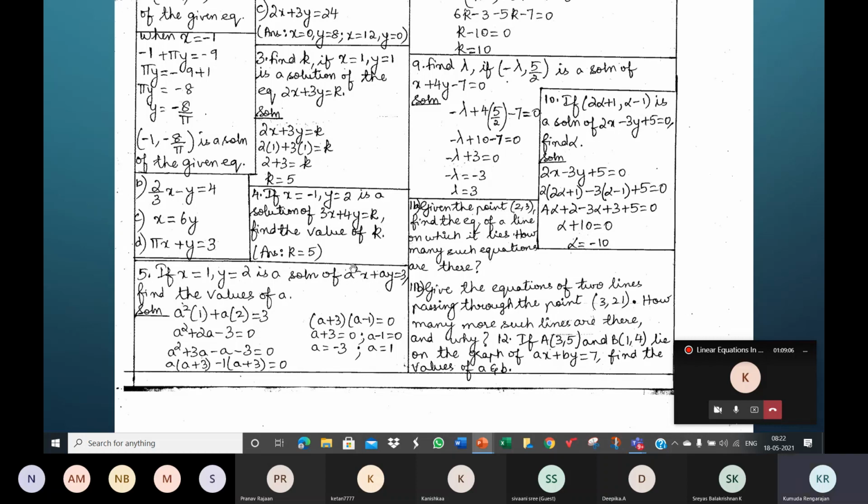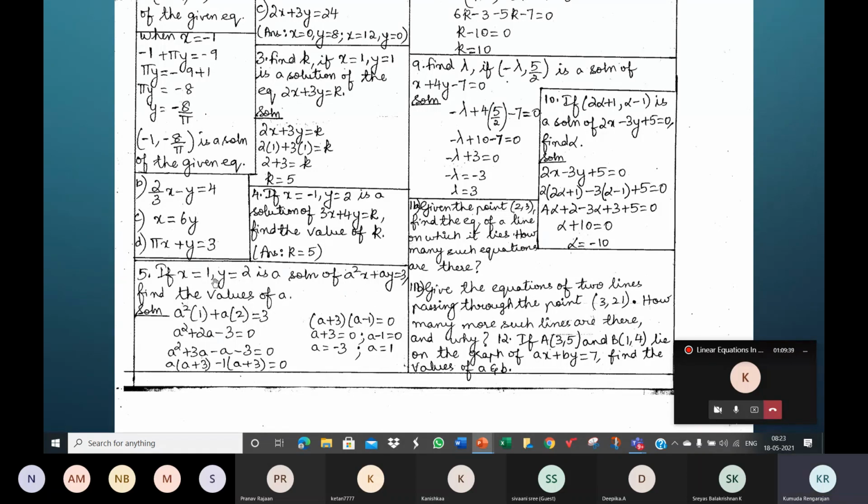So not to get confused with this, because the variables are x and y. The power of x is 1. We're not worried about the coefficient. A is not the variable. A is some unknown value here. We do not know the coefficient of x. So if you find the value of a square, that number will be the coefficient of x. X is the variable, its power is 1. Y is the variable, its power is 1. Clearly a linear equation in x and y.